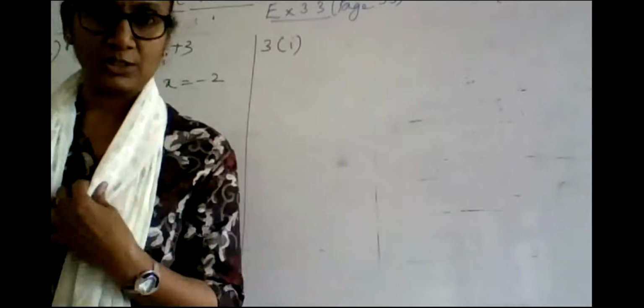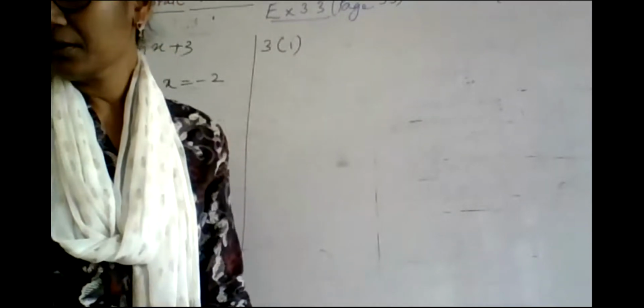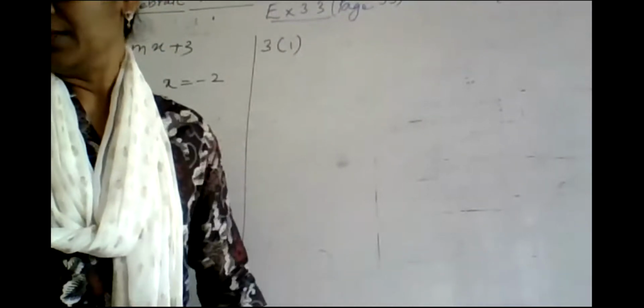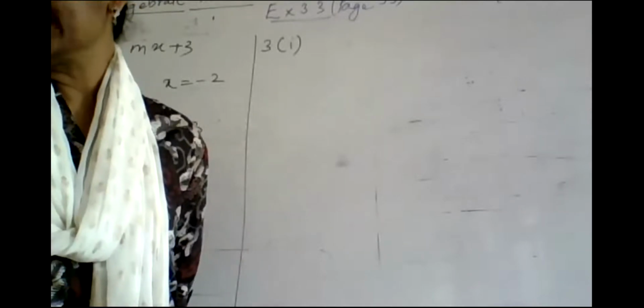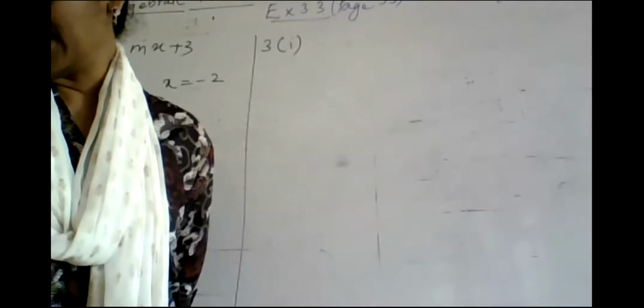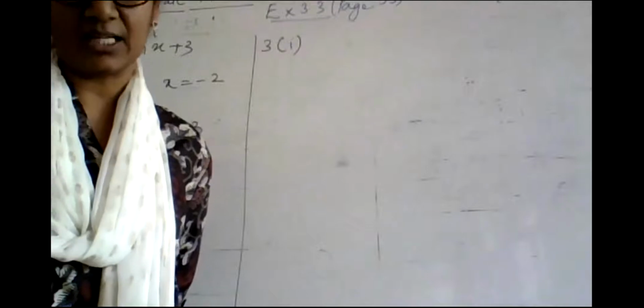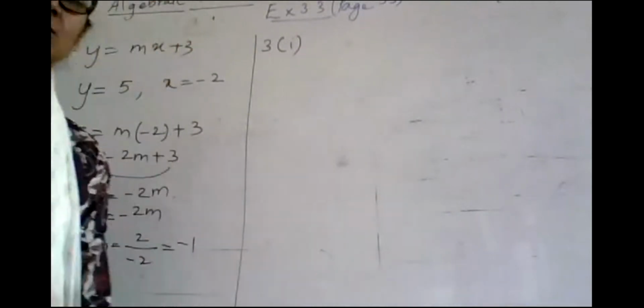We will take down the assumptions and frame the equations, and we will do the solutions on our own. Now let us see the first problem. The difference between two numbers is 26 and one number is 3 times the other. Find the two numbers.